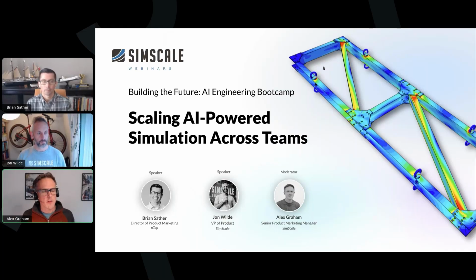This is the second part of a three-part series. This is our AI Engineering Bootcamp. And in this installment, we're going to be looking at the all-important step of scaling. So when you're moving from pilot projects and initial investigations into scaling AI and rolling it out across